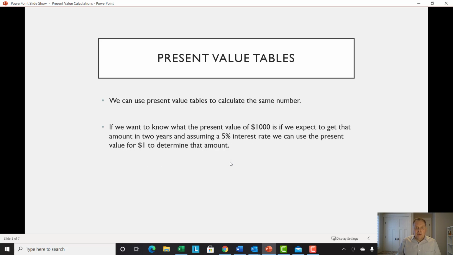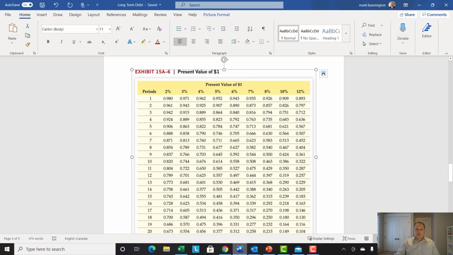So let's have a look at some present value tables and just calculate the same number. If we know we want to get back $100 2 years from now, and we're assuming we want to make 5% interest, we can use the present value of a dollar to determine that amount. So it's 2 years at 5%. Let me just show you a calculation here. Here's a present value table. If we know 2 years and 5%, that number is